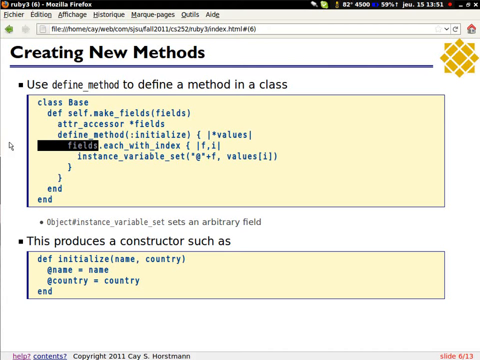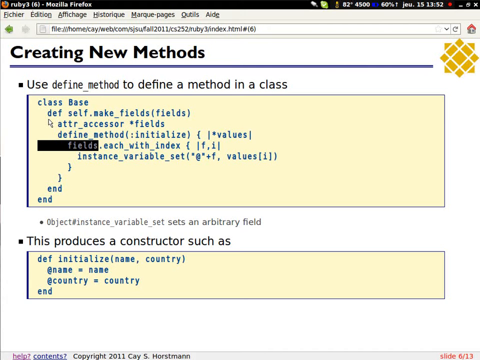All right. Well, we want to create new methods too, of course. So over here we have this class, and now we're going to define methods. When we make these fields here, I want to have methods that do initialization and that let me set the variables. These are accessors so far. What if I also want to have an initialization method that initializes with a list of values?